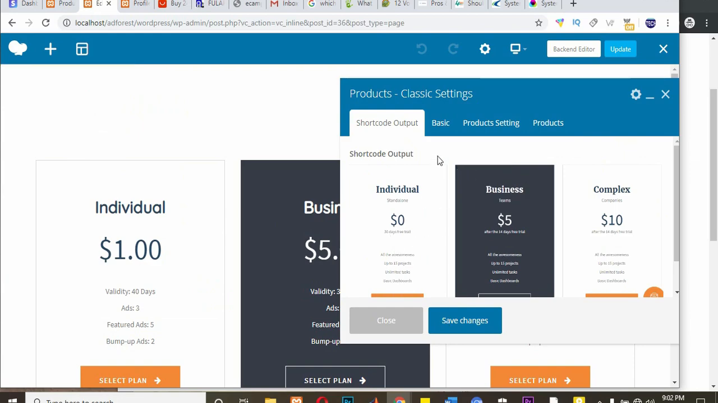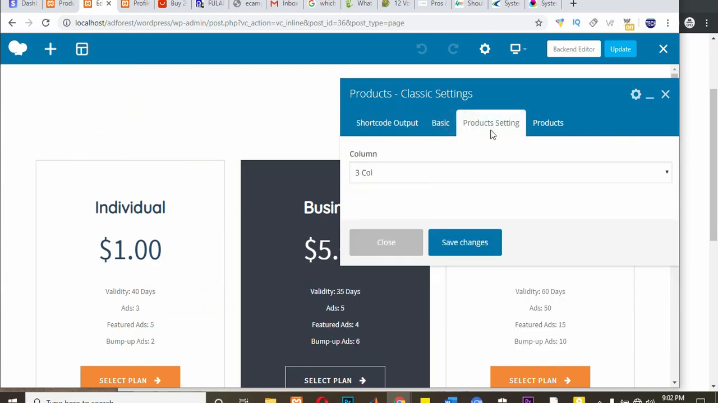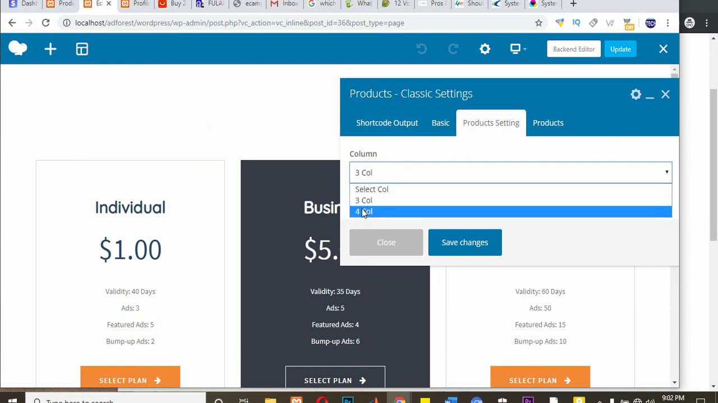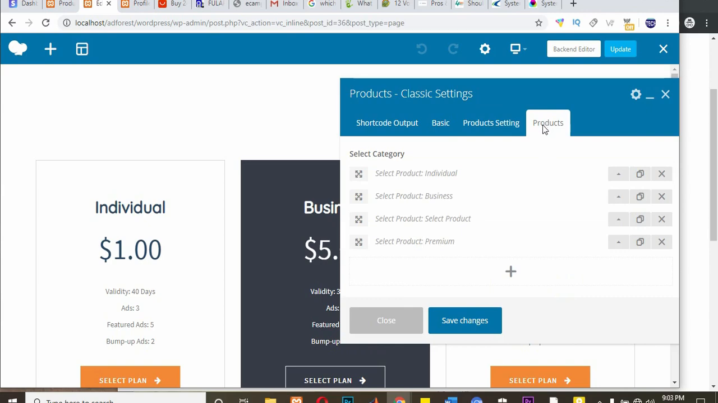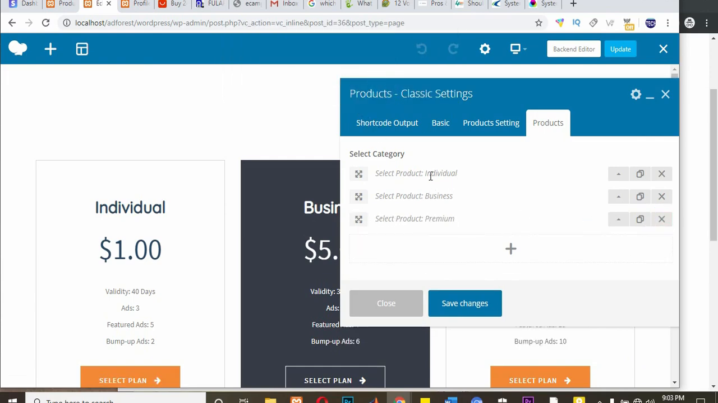So when you come to this place, we click on product settings, and here is the column. So I'm going to choose 4 columns, then go to product. Now I have individual, business, and premium, but this particular one is empty. So this is what I'm supposed to have, which is the 3 packages. So I'm going to add